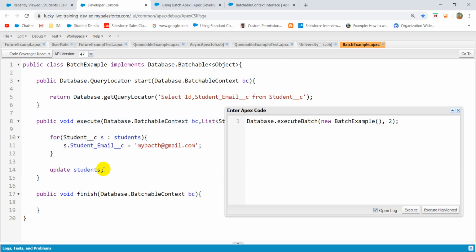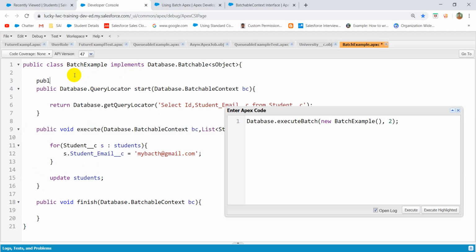Okay, so 20 times it will be executed. And let's say if you want to count something, so public set. So here what happens is, if you have this integer, now let's say how many times the batch apex is executed. If you want to use this one,